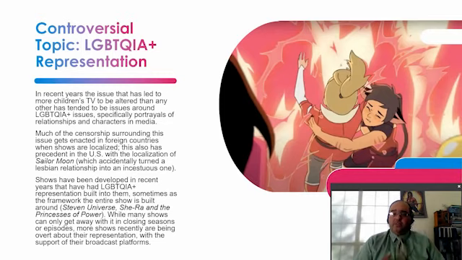Those two characters wind up forming the central relationship because they've been friends since childhood, and basically their relationship has grown. This show is also created by another non-binary creator, in this case Noelle Stevenson,